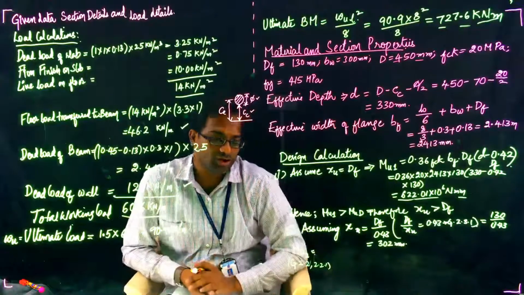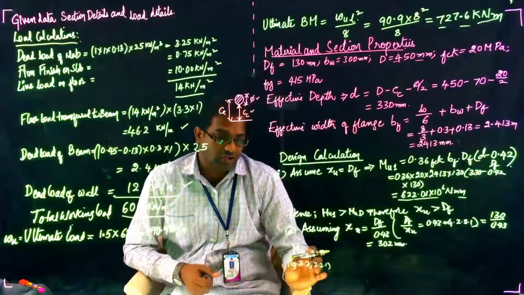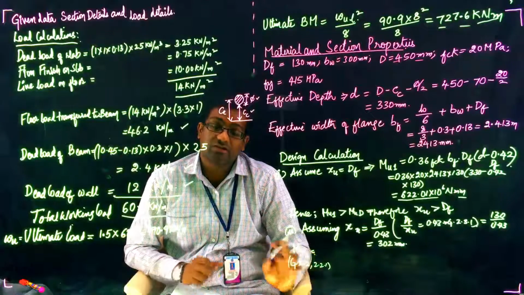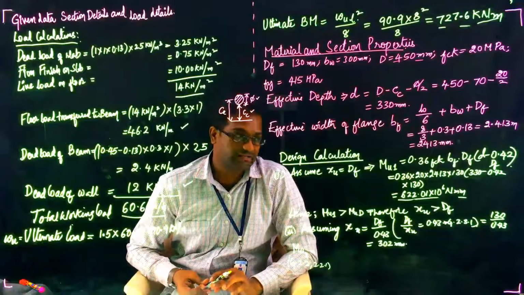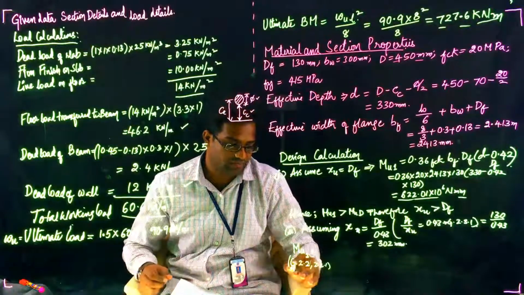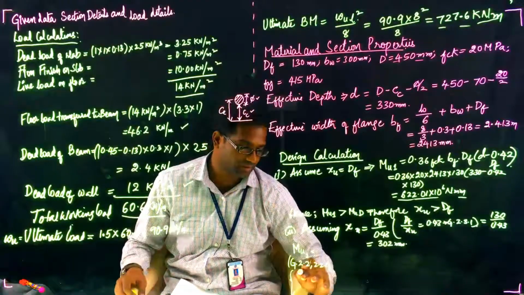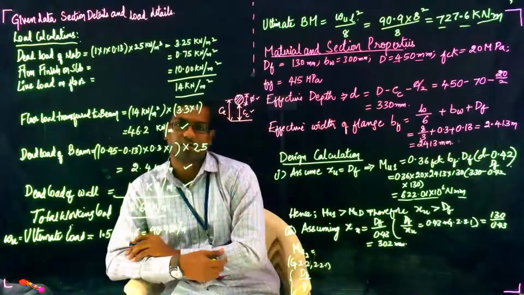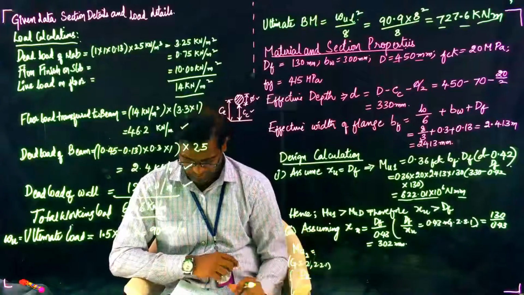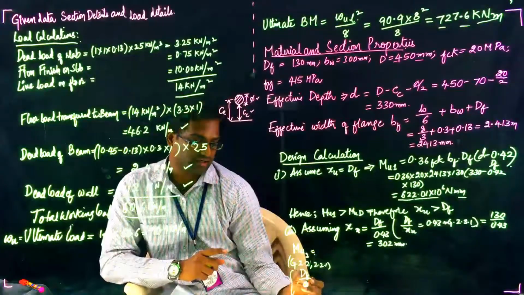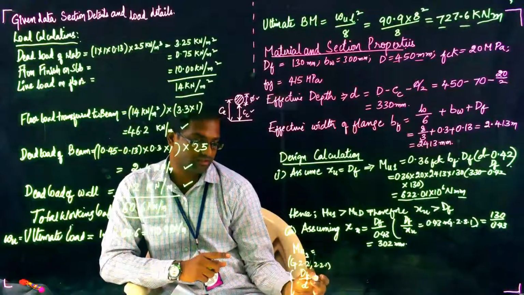There are two equations in these, which are dependent on the ratio of DF by D, right? If you are supposed to calculate DF by D,